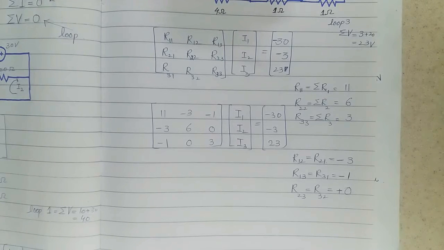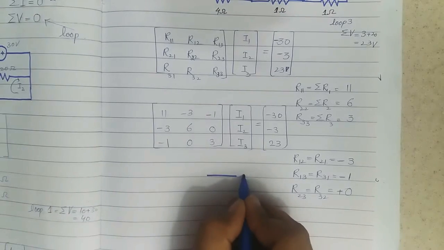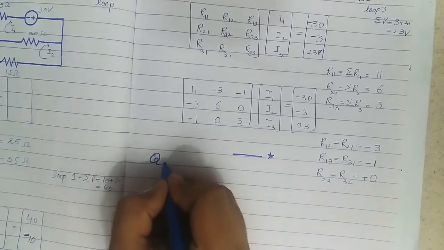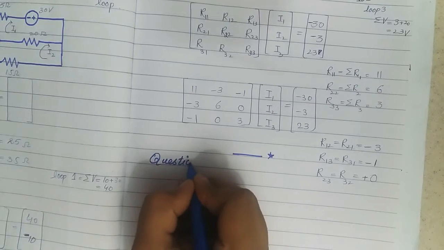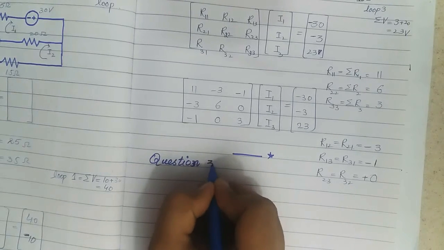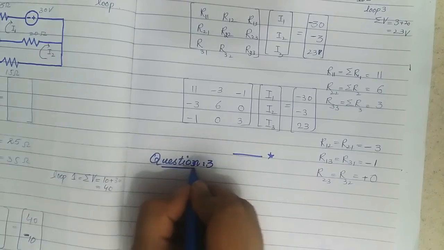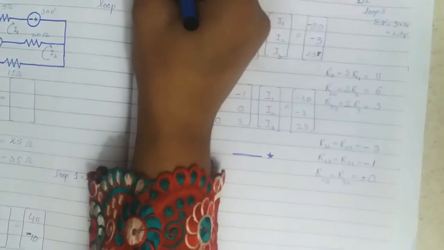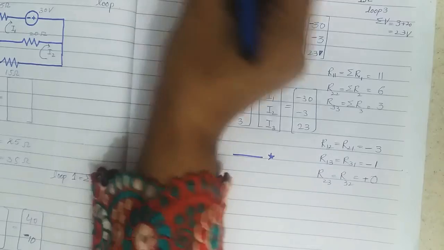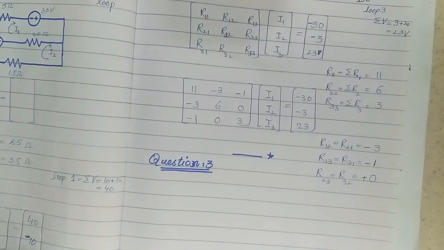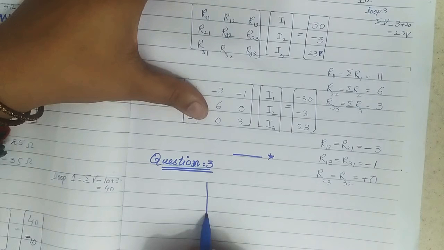Similarly, we will discuss 2 more circuits, and we will form matrices for them. Suppose that for question 3, if the circuit is like that,